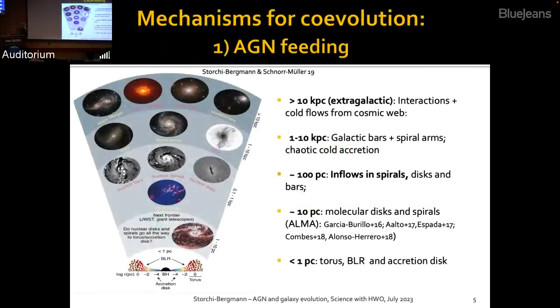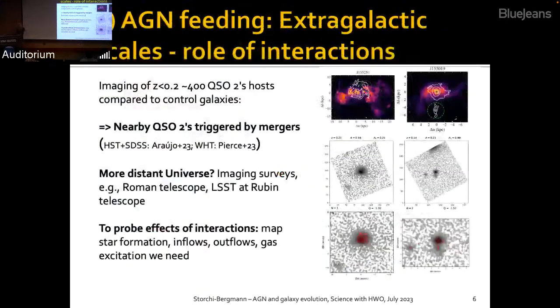And so in order to understand this coevolution, we have to look at two aspects. And one is the AGN feeding. In this review, we discussed the processes of AGN feeding on different scales from 10 kiloparsecs or even larger extragalactic scales down to the inner parsec. And I'm going to talk about two of these scales, the extragalactic scales first, and a recent study that